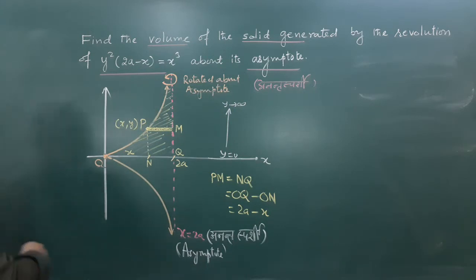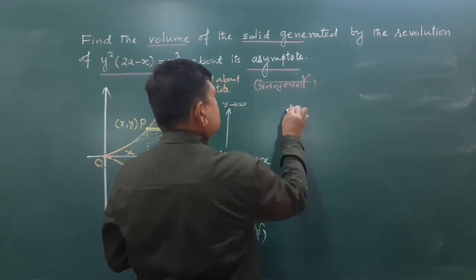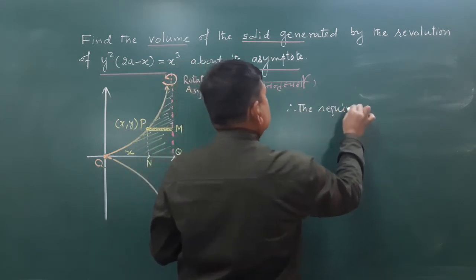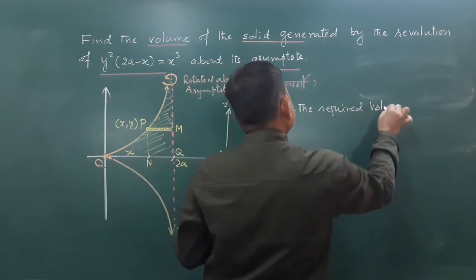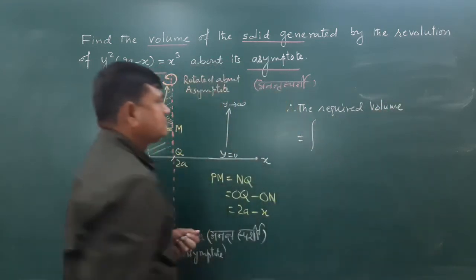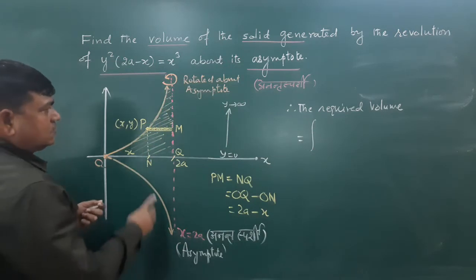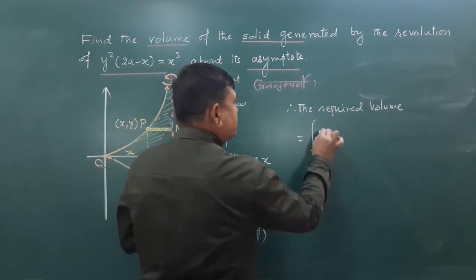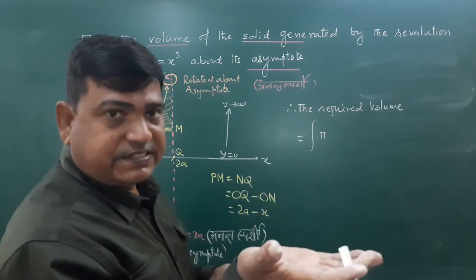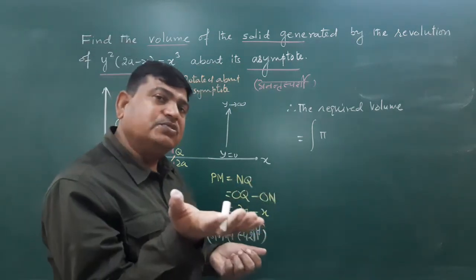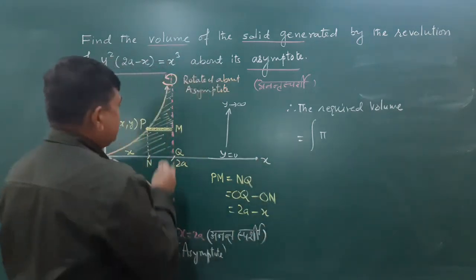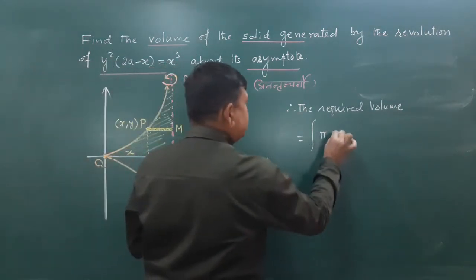Therefore, the required volume equals to pi y square, एरिया ऑफ बेस। सर्कल का जो एरिया है मैंने कंसेप्ट में बता रखा है, पाई आर स्क्वायर। यहाँ जो रेडियस बनेगी वो PM, that is pi